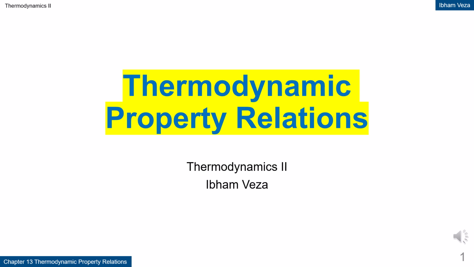Thermodynamic Property Relations. This chapter discusses mathematical relations among thermodynamic properties that cannot all be measured directly. The main focus is how to derive relationships among properties such as T, P, V, U, H, and S using